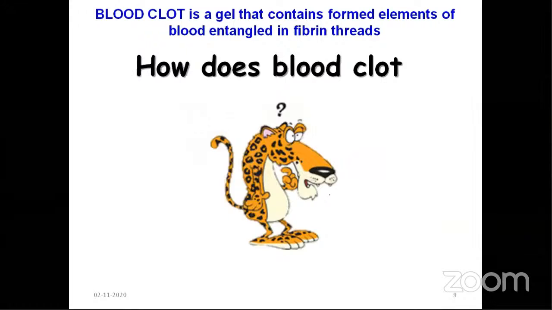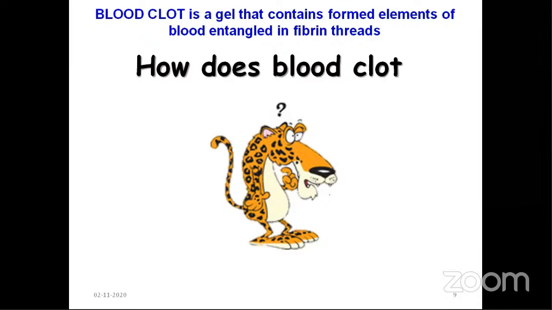And what is a blood clot? A clot is nothing but a gel. Normally in the blood vessels, the blood flows very freely and there is no obstruction or friction which it encounters. The blood never clots in intact blood vessels. But whenever the blood vessel is ruptured or damaged and the underlying collagenous layer is exposed, then friction is created and the blood becomes converted into a jelly-like substance. And this jelly-like substance is called the clot.